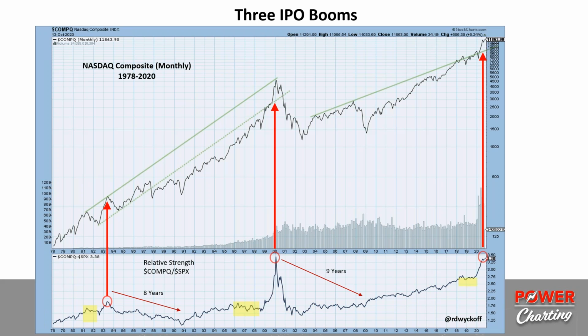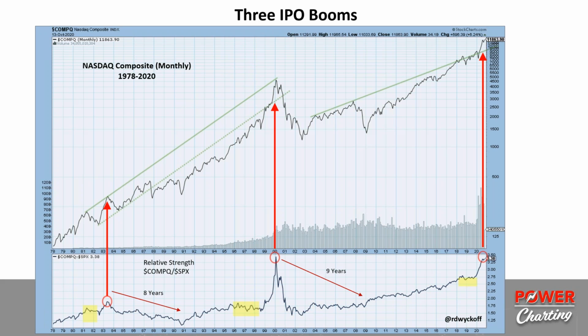So we're sort of switching gears here, and this chart is my attempt to express what happens when you get into the IPO boom portion of a growth stock advance. So we can see here, back in my first experience with an IPO boom was 1983, 84. And you can see in the Nasdaq that there was a really good rally in the Nasdaq in the late 70s, which actually somewhat terminated in 1983, and that's that